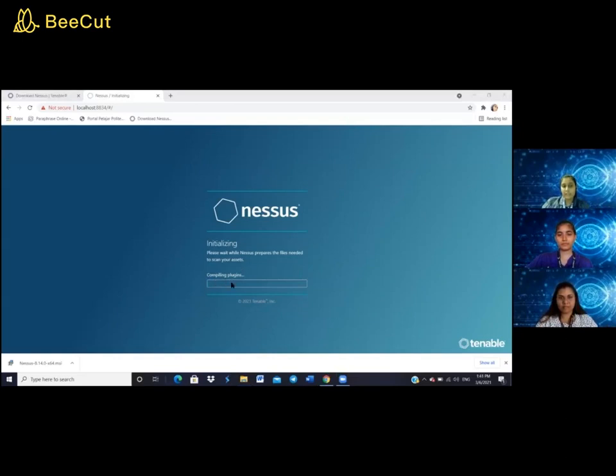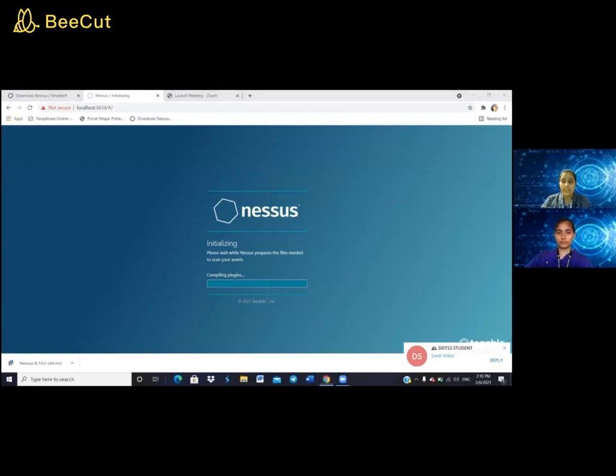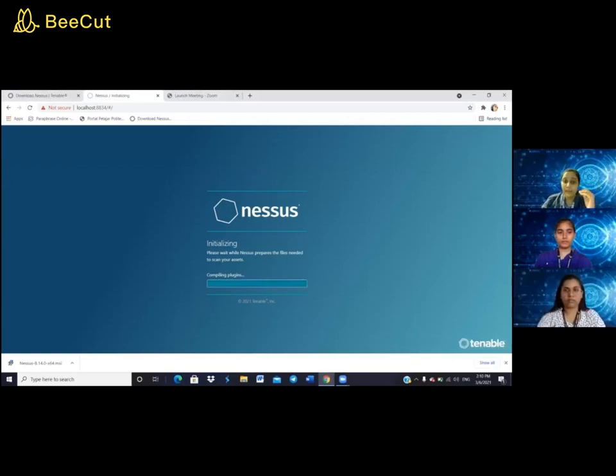We should be very patient to make sure the installation process is complete by compiling all the plugins. The compiling of the plugins is almost complete. In a while, Nessus will direct us to the main page.